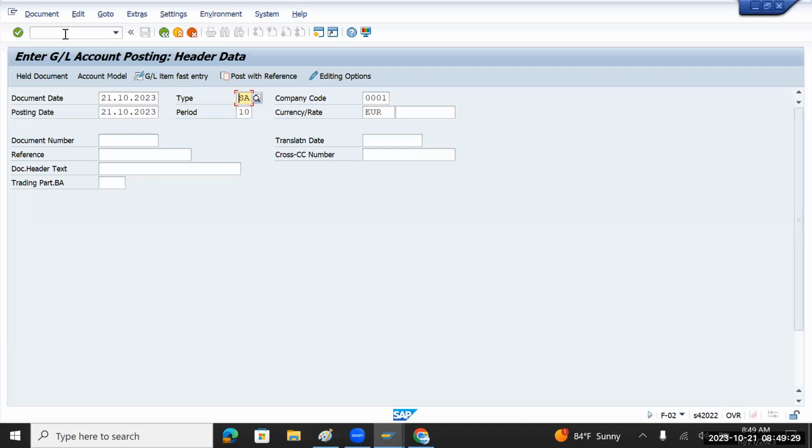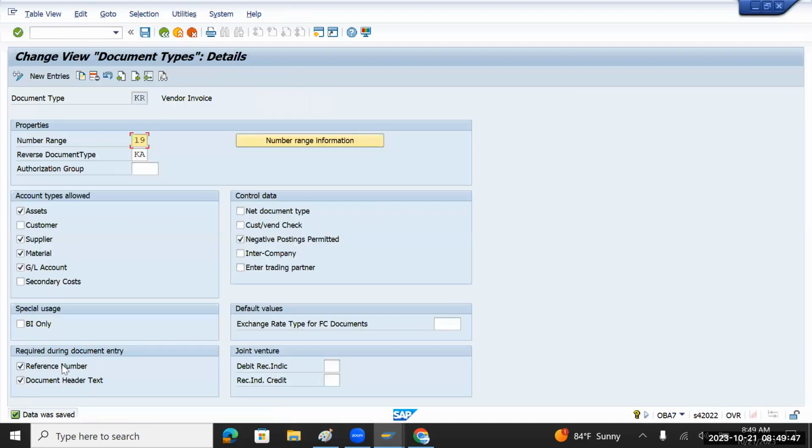Put the document number, and when you put the KR document type here, see, the document header text is needed. We just need to enter this field or else it will give you an error. If I remove this document header text and the reference number information, and I save it,